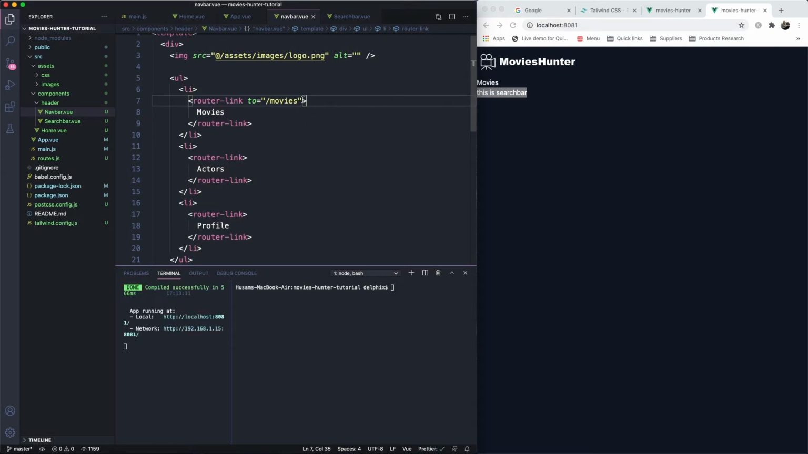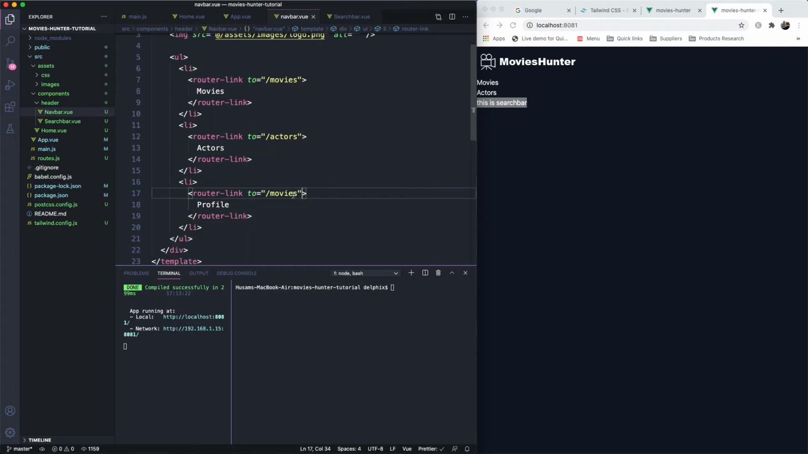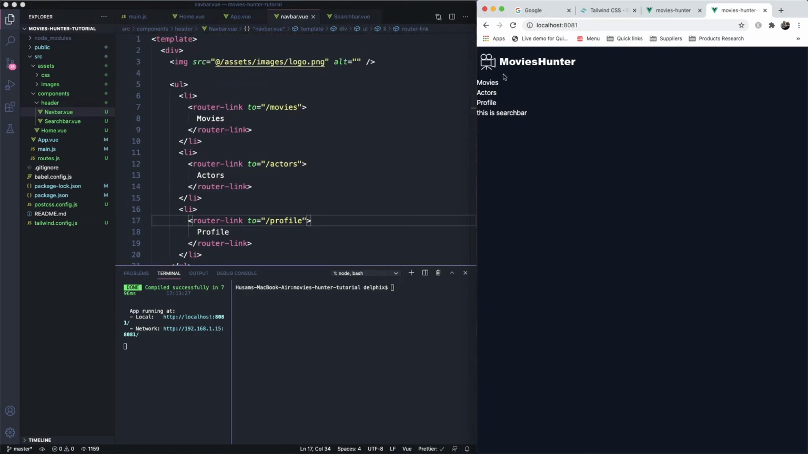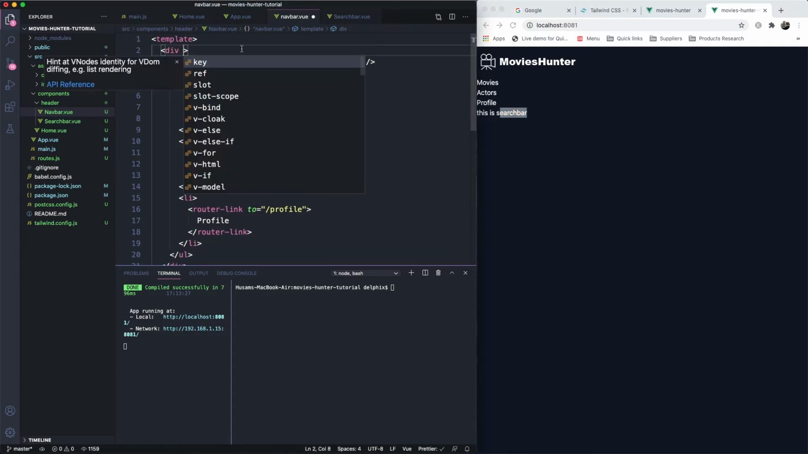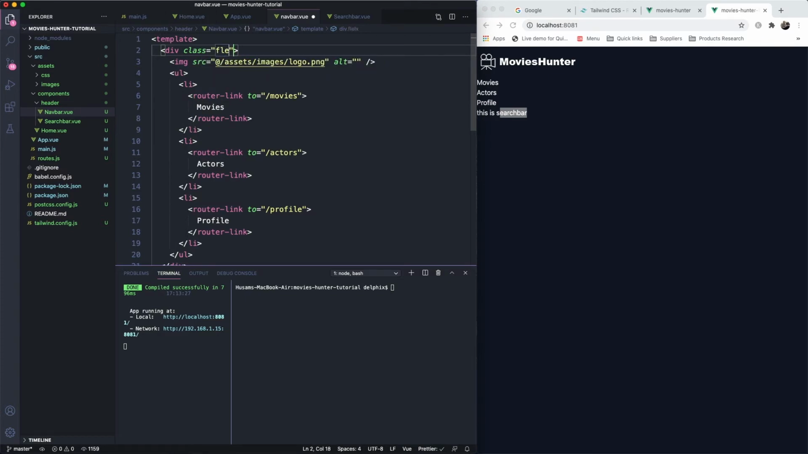Okay, it shows, and the other one to where actors. Okay, the last one to profile. Alright, cool. So how do we align these guys? Alright, so let's align this to the right. So we are in the, let's call this flex. Maybe this will do it. Alright, so bring this here, okay,